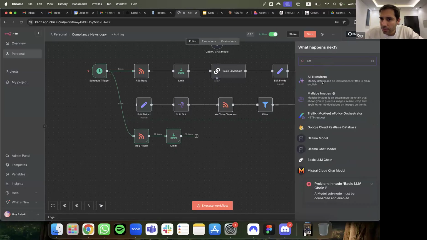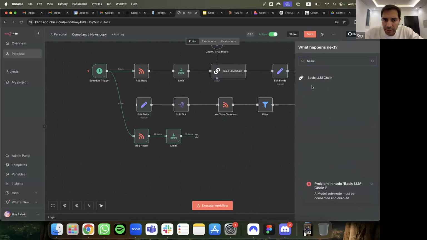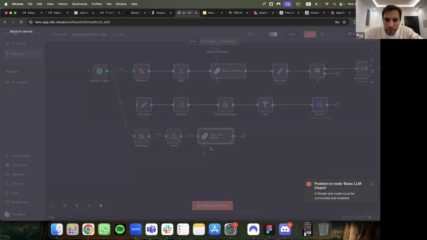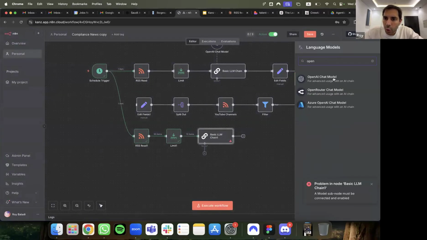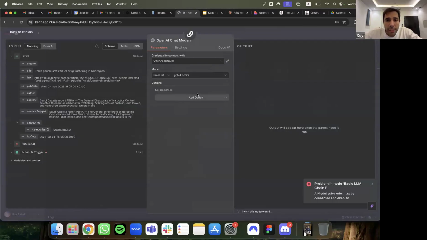Sorry, guys. One second. Basic LLM chain. And then type OpenAI. OpenAI chat model. Now, I already have my account connected. So for everybody who's at this step, please send me a quick yes.